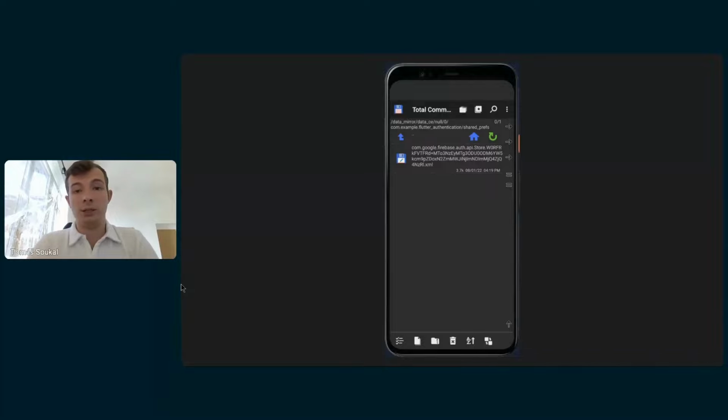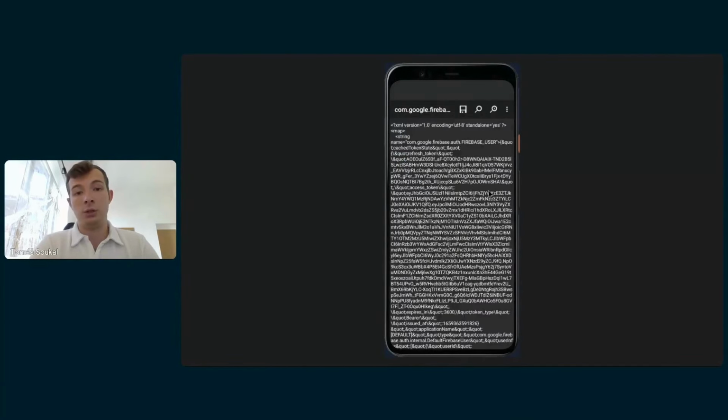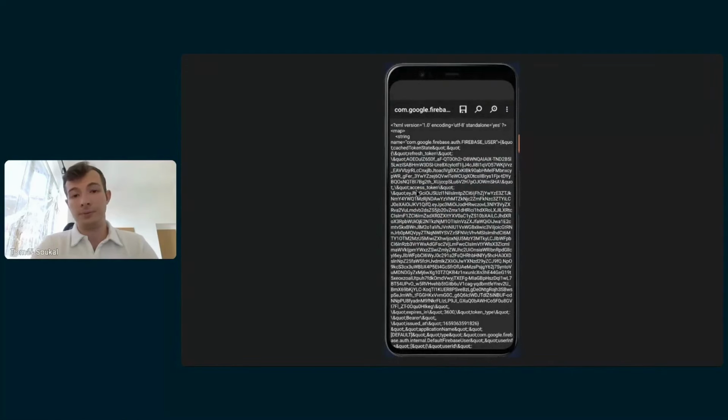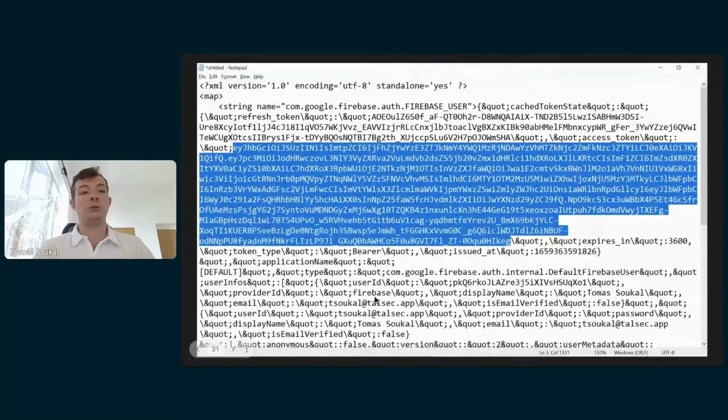It's like no magic. So I just visited shared preferences in the application, and there was a file with this cryptic name that essentially held my API key, my JWT token. So it's somewhere in the middle. I just copy pasted it into Notepad. So this highlighted area is a JWT token